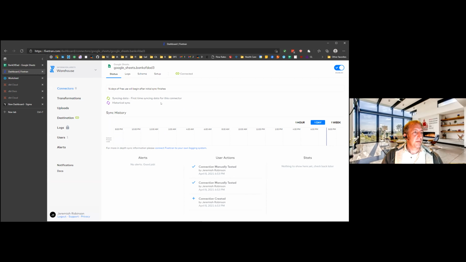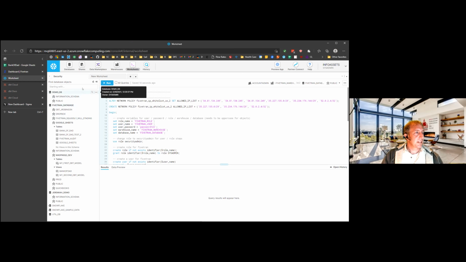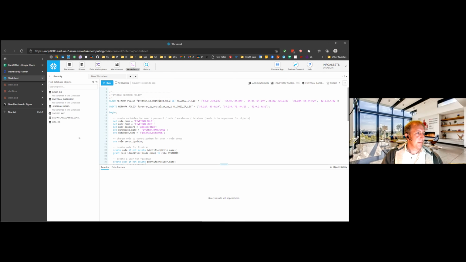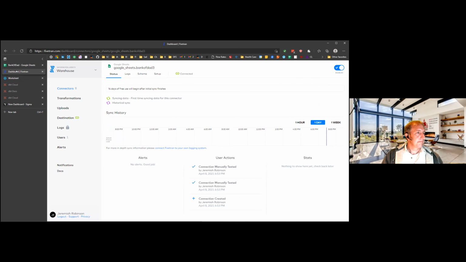So we'll give this maybe one more minute to sync and to create the table. The table in Snowflake might already be there. Let me see if it's been made yet. So Bank of Dad 3, is that here yet? Nope, it's not there yet. Feel free to jump in with any comments or questions as we're waiting for this to sync.